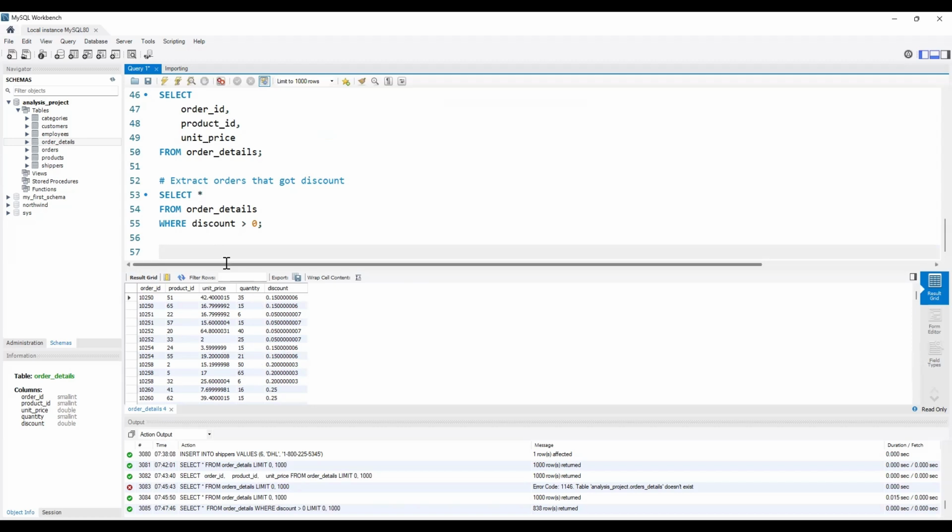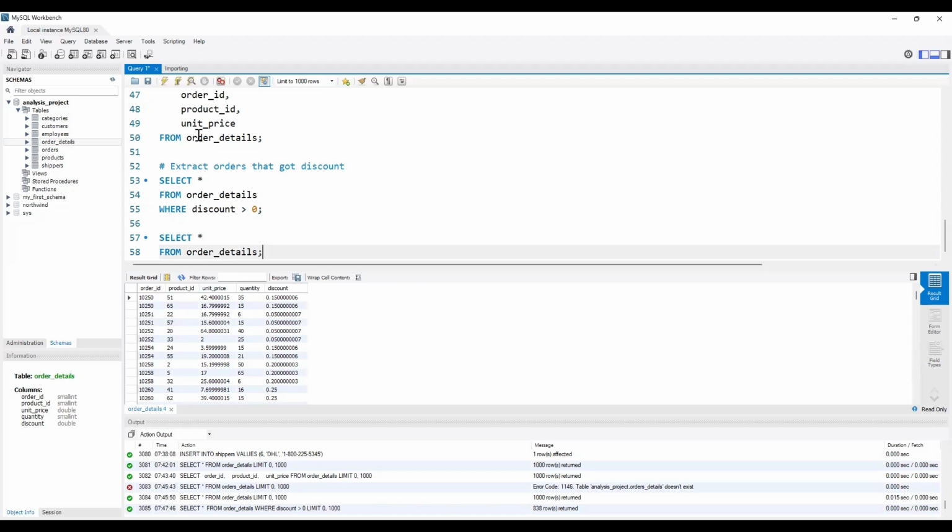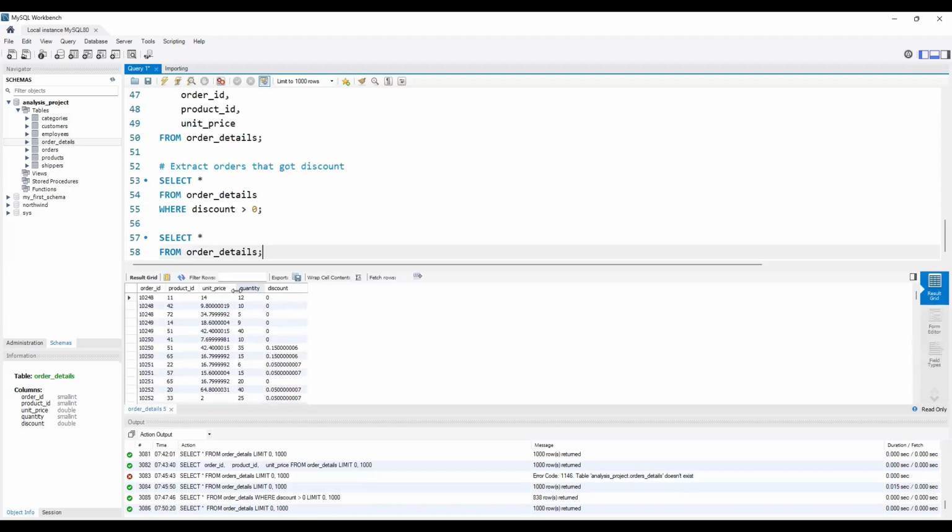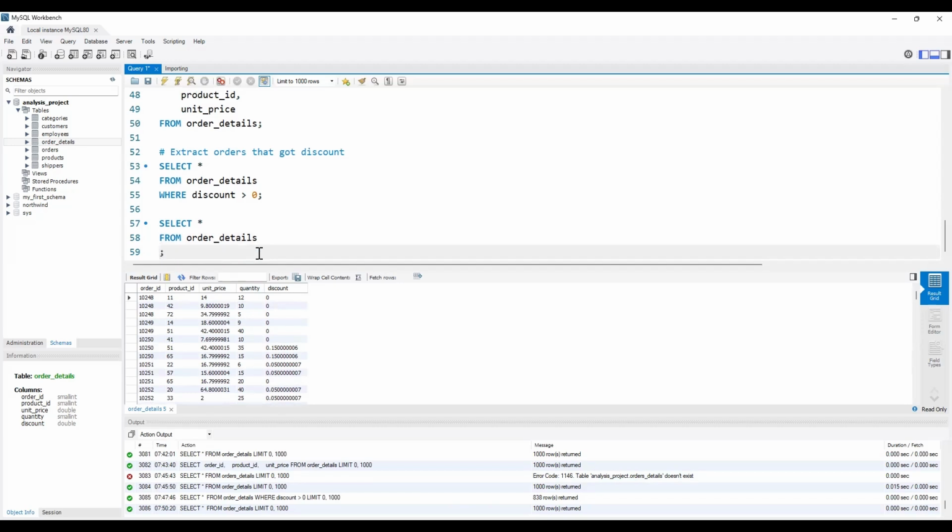I just used the greater than logical condition to discuss the where clause. Looking at this table, let's extract everything from the order details table. Run this. Don't forget to put your semicolon. So from this table, we can see that we have a unit price, which is the price the good was sold. Let's say we want to get just the price between $25 to $50. In this case, we use the between keyword within the where clause,